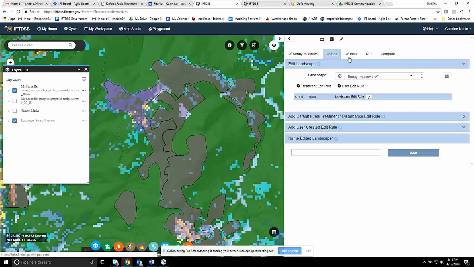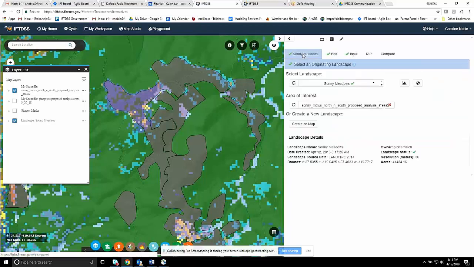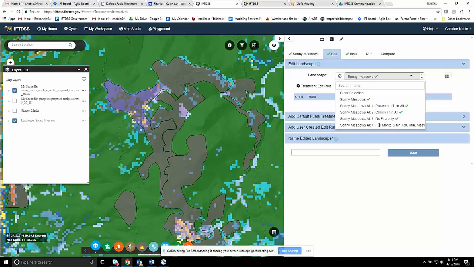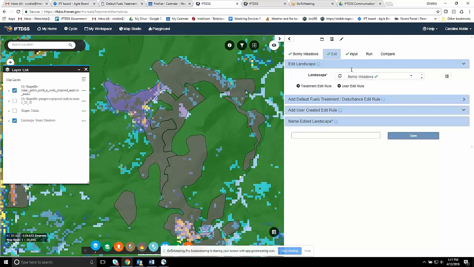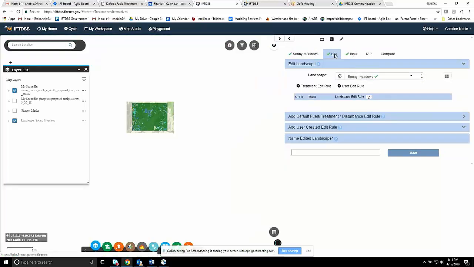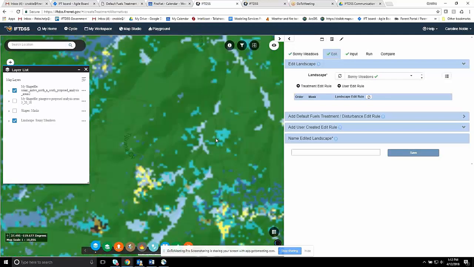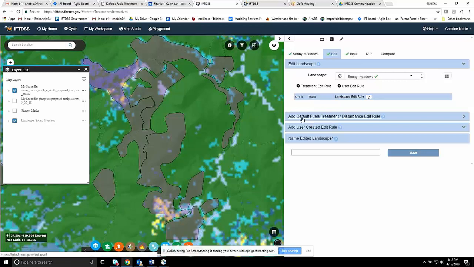So I started here in this first tab with Sunny Meadows. When I get to the Edit tab, I'm actually going to use my Sunny Meadows again as my first choice. Whoops, sorry, it's zooming out to the full forest. And then I'm going to conduct my edits. So to represent the